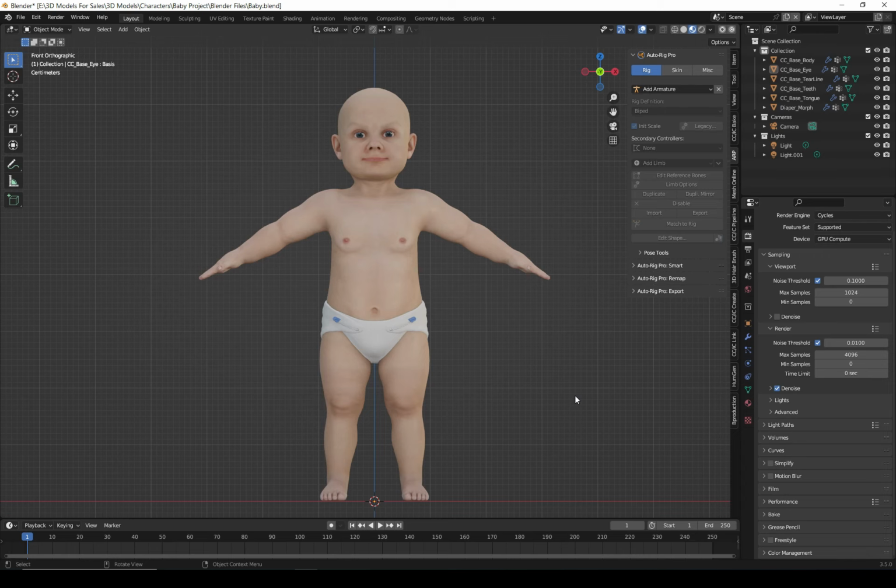But if we do a comparison with the Faceit plugin and with the Auto Rig Pro, we can see Faceit plugin is more efficient and better than Auto Rig Pro facial rigging. So this is why I thought I should make a tutorial and show you how we can rig this character with the Auto Rig Pro, and then we will rig our character with the Faceit for the